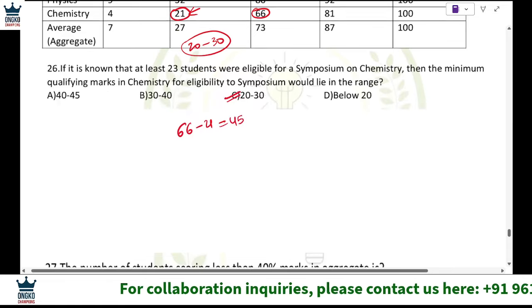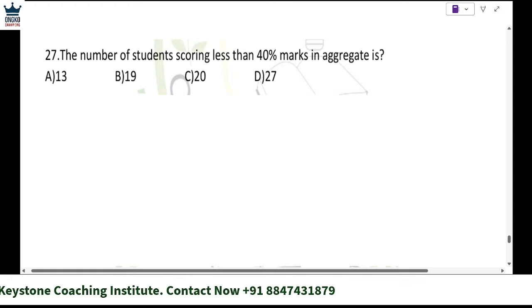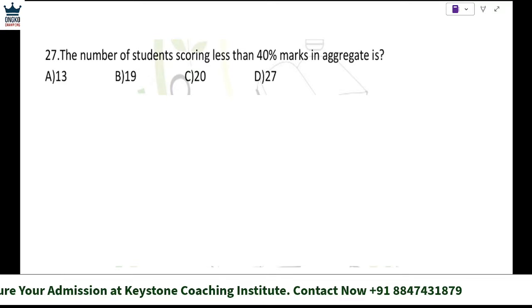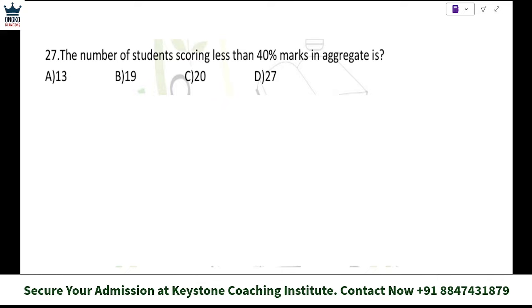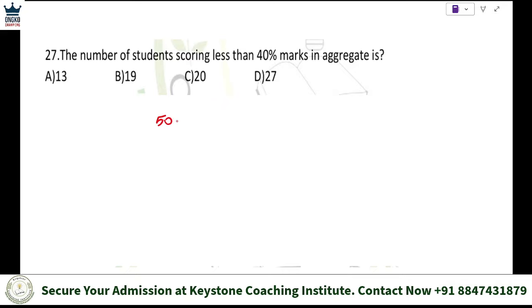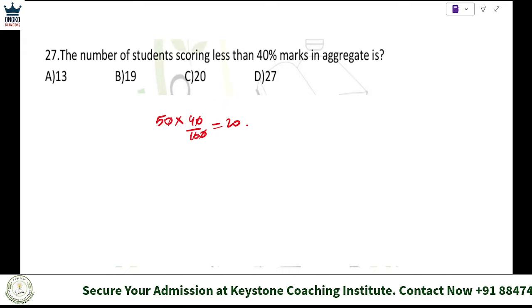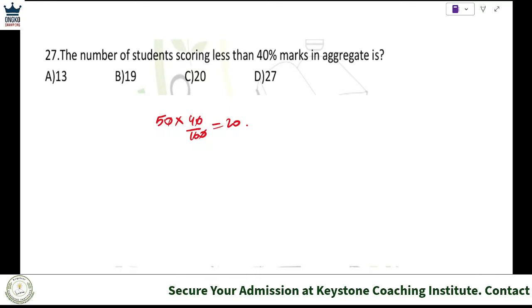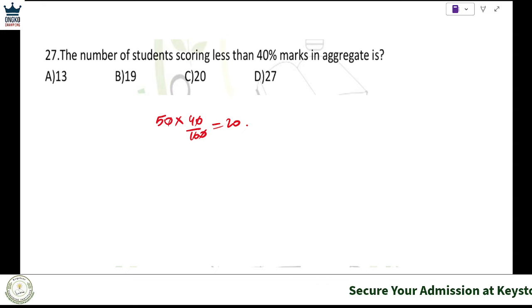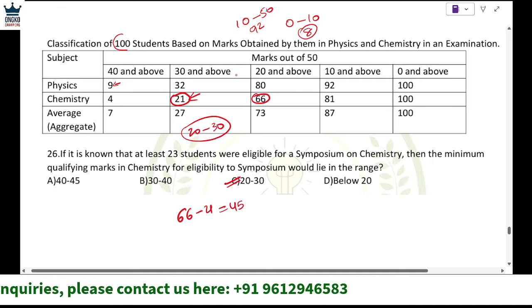Next one. The number of students scoring less than 40% marks in aggregate. So if 40% marks in aggregate was the total marks, the total is 50. 40% was 40 by 100 of 50, that means 20 marks. So now the number of students who scored 20 and above in aggregate, that means aggregate minimum is